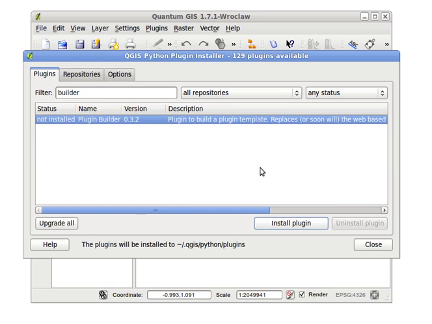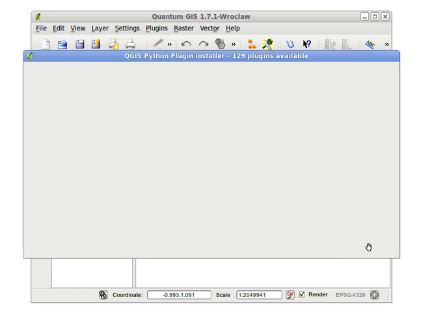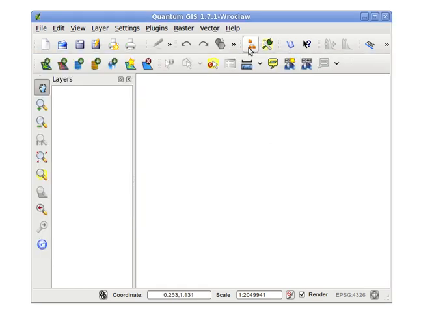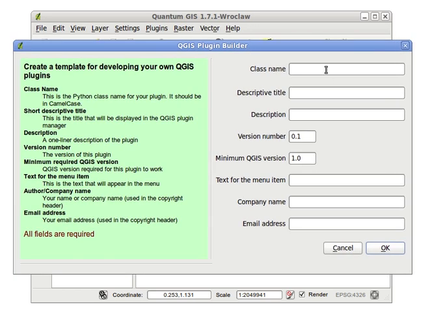Formerly this was a web app, and now it's integrated right into QuantumGIS. So we'll install that plugin. It only takes a second. And then we can close this out, and here's my plugin toolbar, and if you'll notice it added this plugin builder to it. So to create a plugin, we just click that, and it'll open up the plugin dialog,